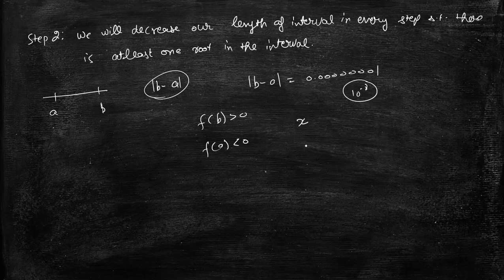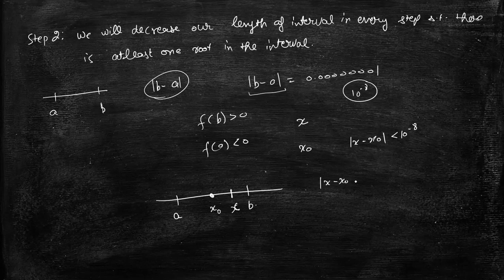let us say x is the actual root and x node is our determined root by bisection method, the numerically computed root. So what will be the difference in x and x node? Difference between x and x node will be strictly less than 10 raised to power minus 8 in this case. Why? Because let us say we have A here, we have B here. Our original numerically computed x node or root of function lies here, but let us say our actual root was here. Our assumption is that difference between B and A is 10 raised to power minus 8. So from the figure we can see that difference between x and x node will also be less than 10 raised to power minus 8.